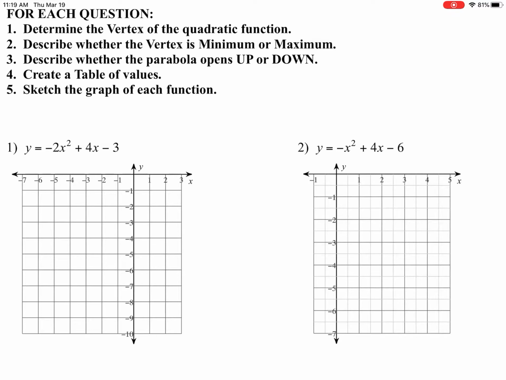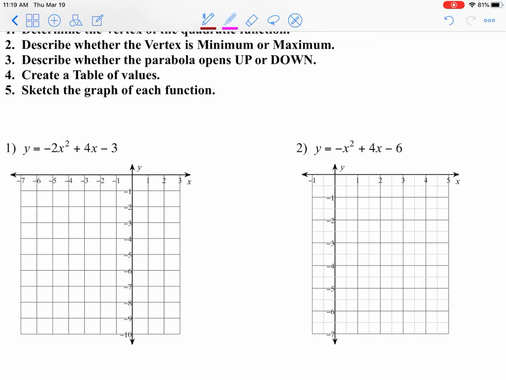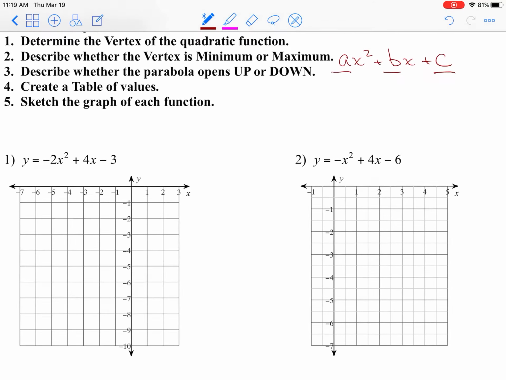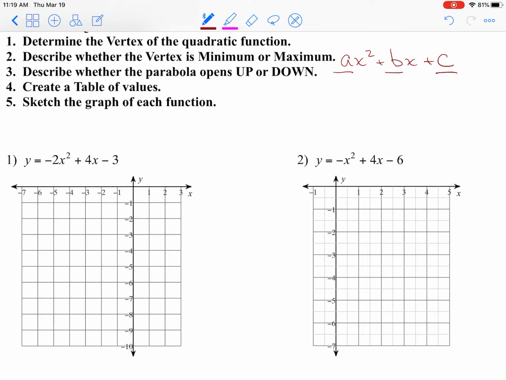First of all, we know that the standard form of our function is y equals, or f of x equals, or 0 equals ax squared plus bx plus c. So our a is our coefficient of our squared term, our x squared. Our b is our coefficient of our linear term, our x term, and our c is our constant term with no variable. Now that's important because when we go to do number one that they ask us to do,